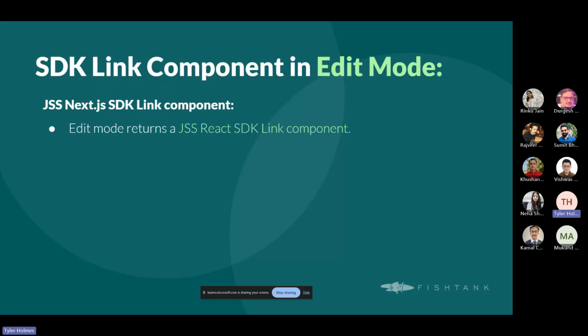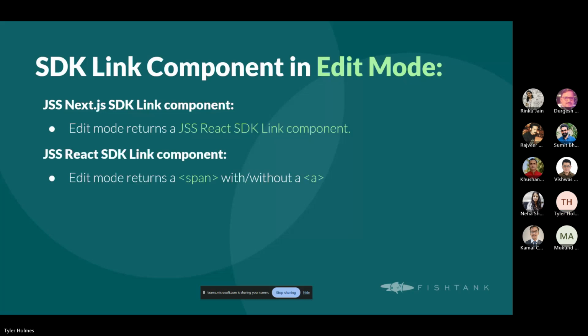So the JSS Next SDK link component in normal modes, this would be what your user interacts with on the front end, returns a next link component, allowing you to control prefetching and other attributes like on the next link component. And then in edit mode, so inside Experience Editor or Sitecore Pages, it's going to return the React SDK link component. Now the JSS React SDK link component in edit mode returns an editable span tag, and this will have or won't have an anchor tag inside depending on your content. And then this does not have the prefetching functionality that the Next.js SDK